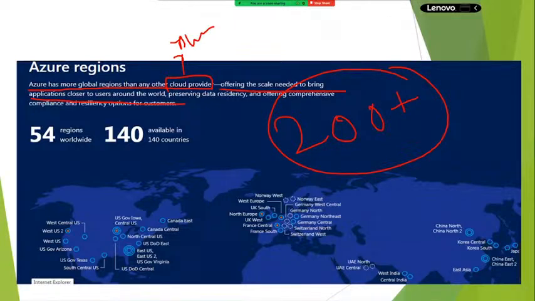In order to provide high availability, we have another data center where we can automatically migrate our services, in order to meet 99.99% SLA. These are the advantages of Microsoft Azure. Clear? They have mentioned 60 plus regions and around 140 countries where they have their own data centers.